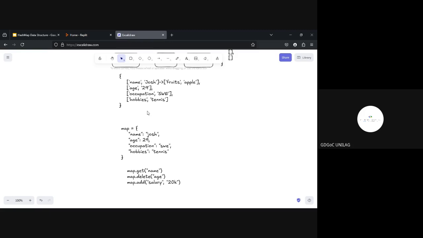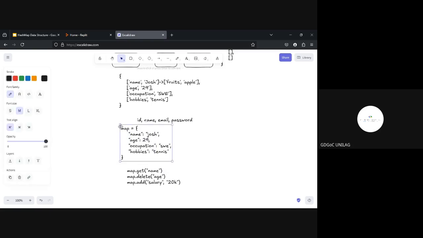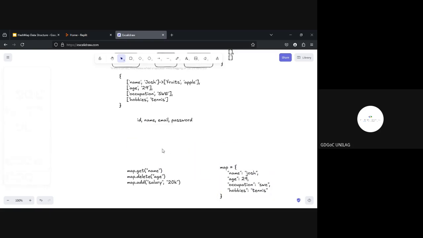You can index rows based on values in the columns. Let's say your database comprises ID, name, email, and password. You hear people say, your database is slow, just index it now and it will start working fine. What they mean is you can index by ID, by name, by email or password. So essentially what it does is